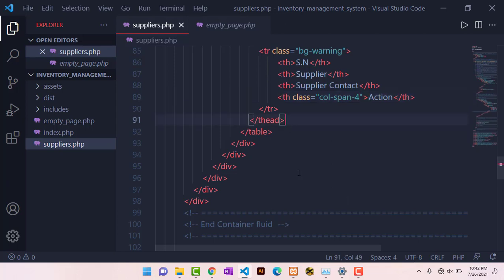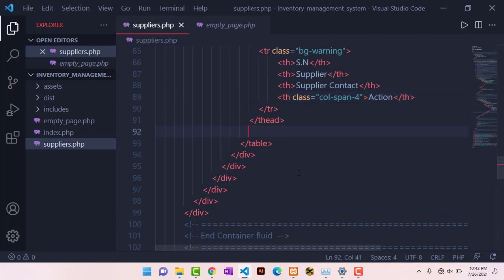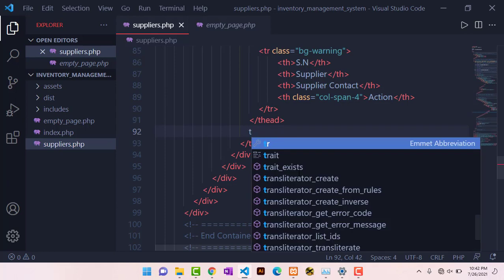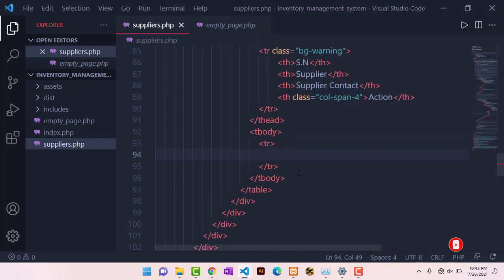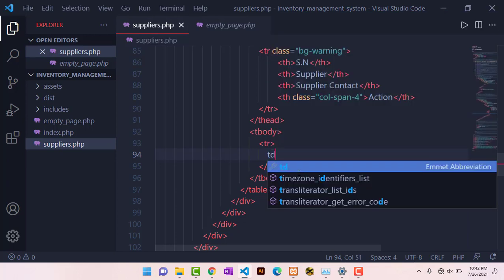Now that is the t head. We can now come below here and have the t body. Now within the t body, the first thing that we are going to have is the tr, and within the tr we are going to have a few tds. So that should be 3 of them. So td times 3,